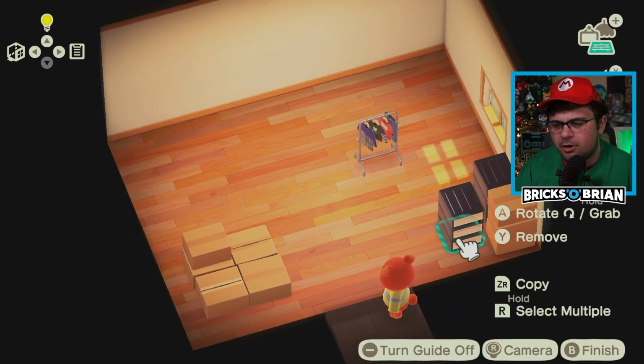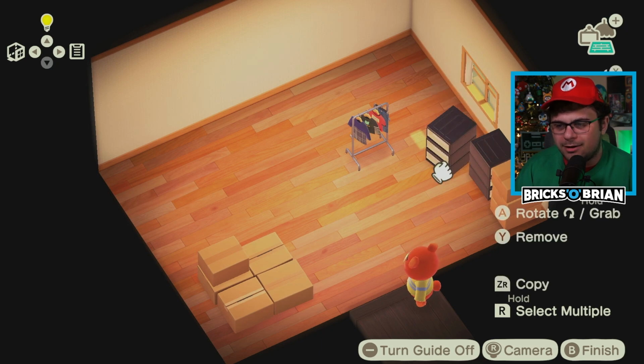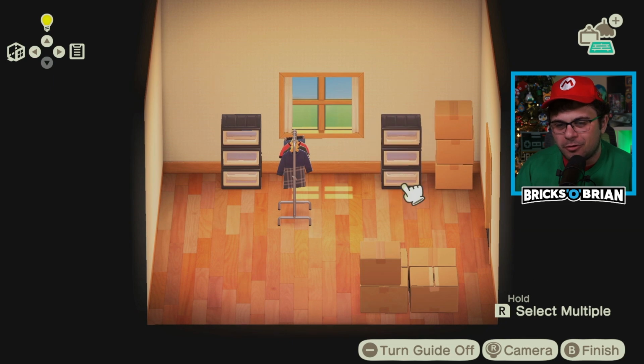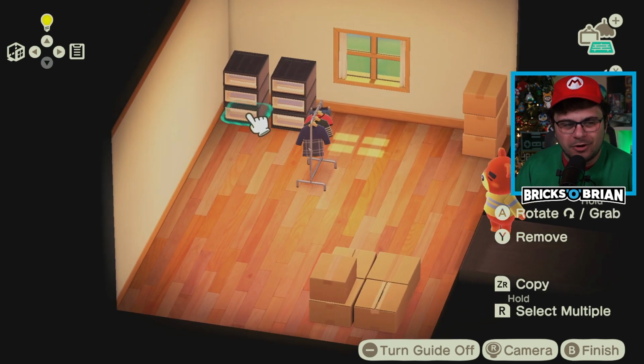Can I put these plastic organizers on top of each other? No, come on. I wanted it to be like a Lego room where there's all these different organizers and everything everywhere. Anyways,